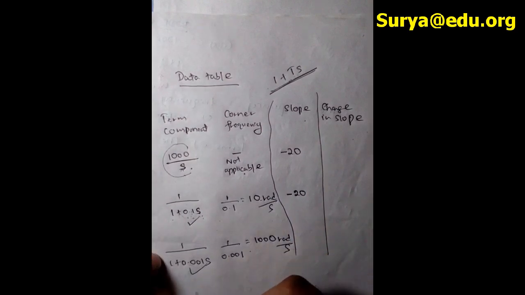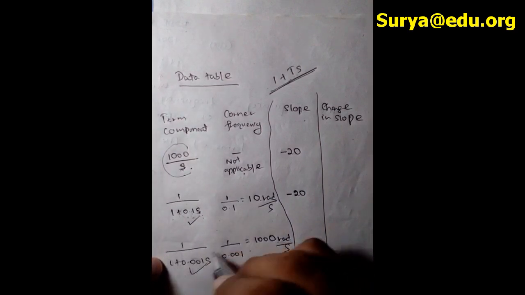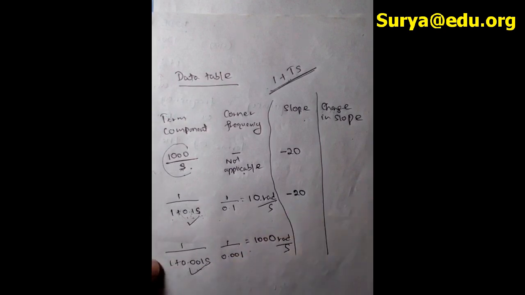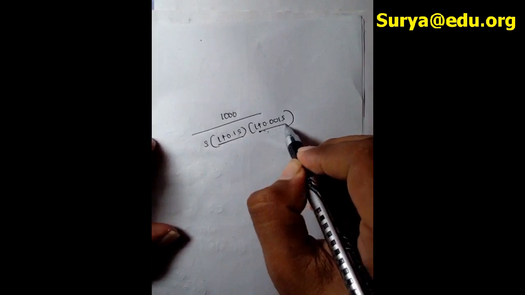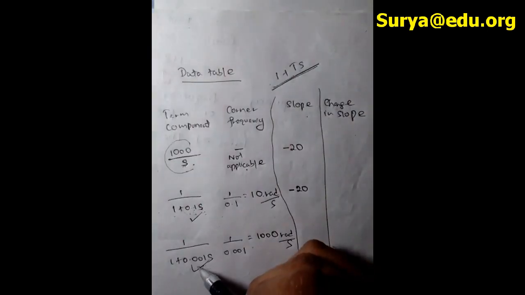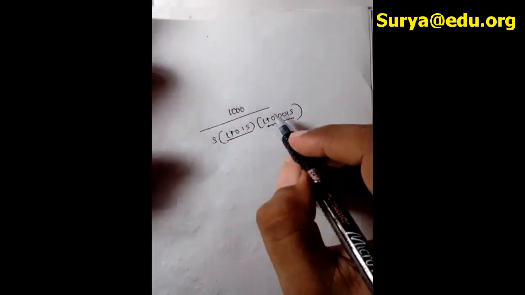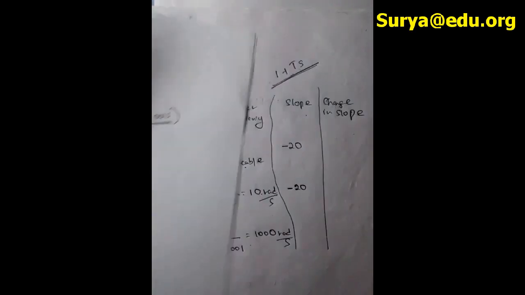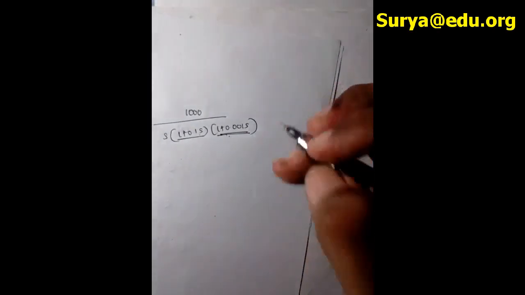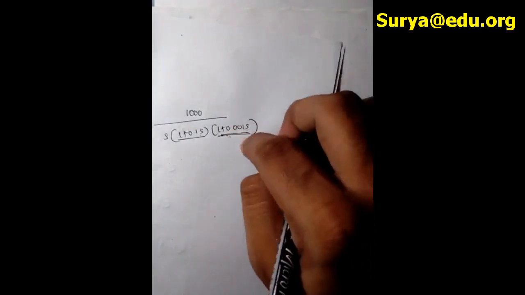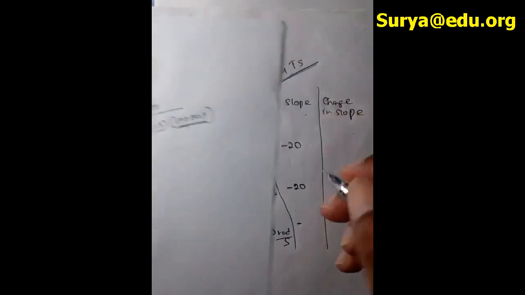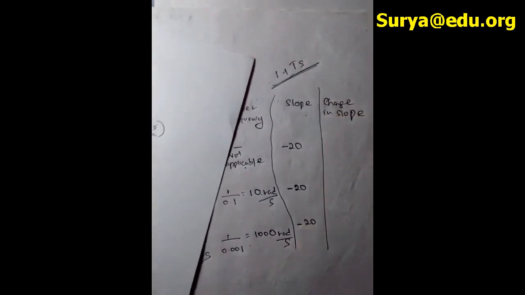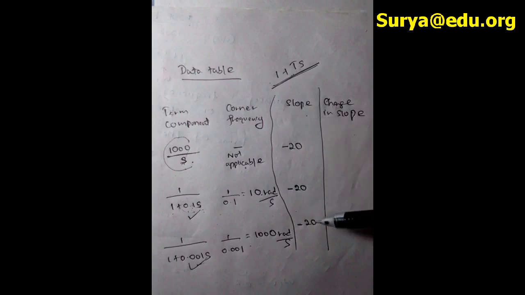Here also just consider 1 over 1 plus 0.001 s. So now in that case, this part is the last component, which I have written here. So this is also in the denominator. So just because this is in the denominator, you put negative. And what is the order of s? The power of s is 1, because only one s is there, s to the power 1. So just put 20, right? So that is how you get the slope.